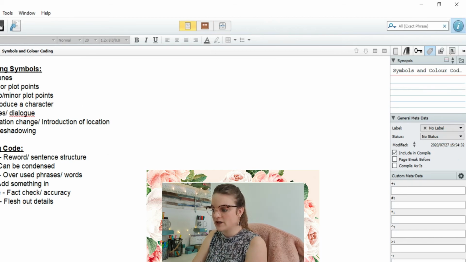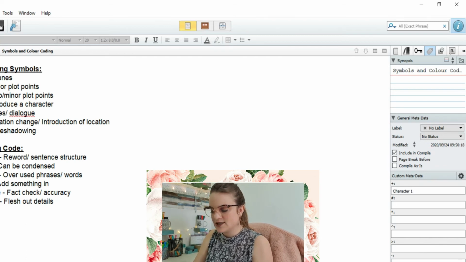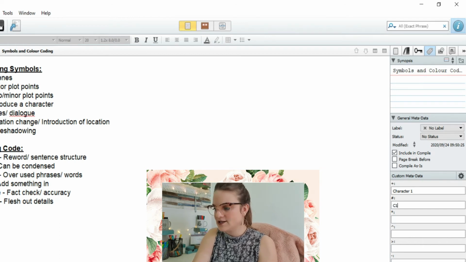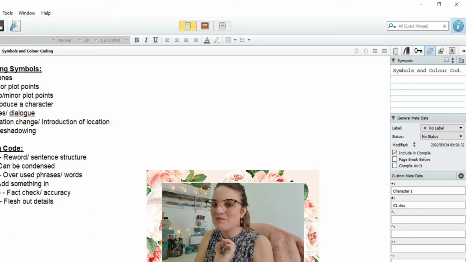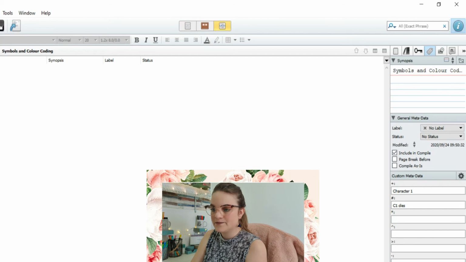So for example, here I'll say we can do character 1 is introduced, and then the major plot point is character 1 maybe dies. Not my best work, but that's kind of an example of how I would use the metadata. And then now if you go into the outliner,